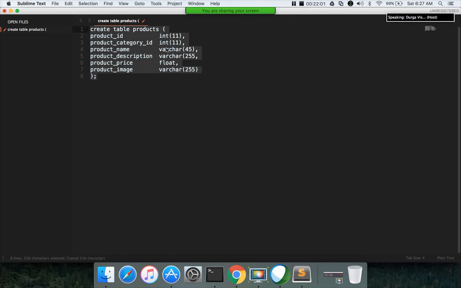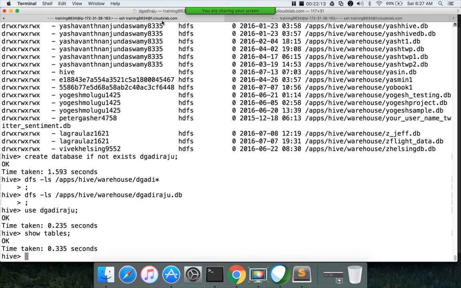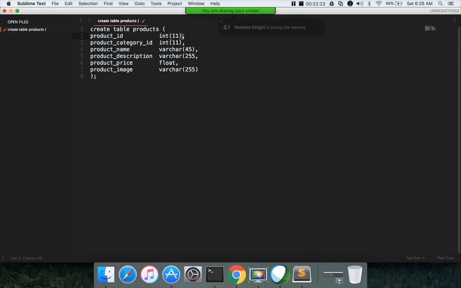So earlier we had to change all these things to int, string, float, and string. Now they are actually supporting varchar, int, all those things, but the schema is not strictly enforced. Most of these things are for informational purposes only. So we still cannot use the precision for integer.